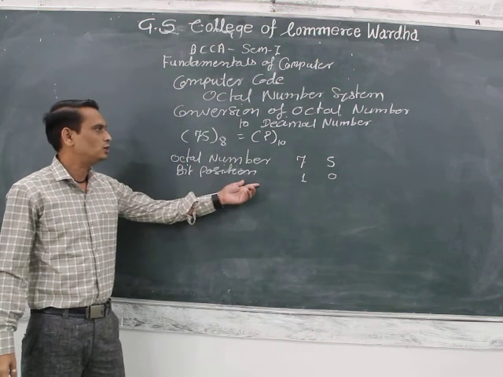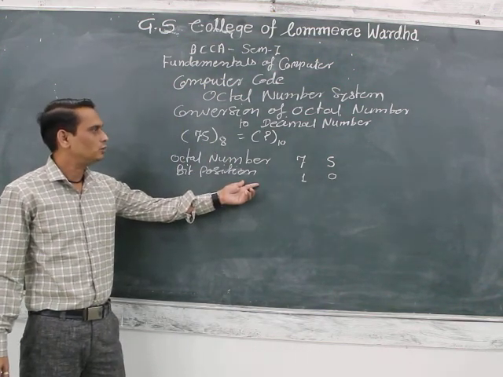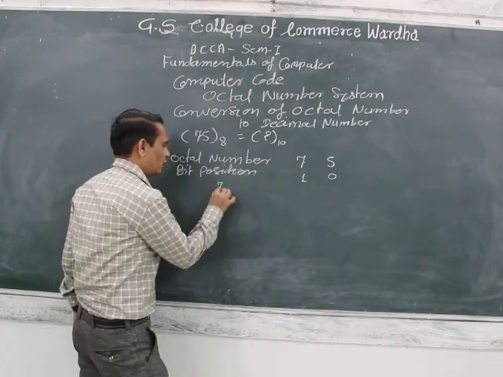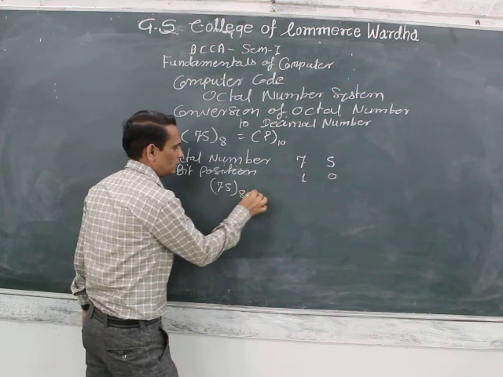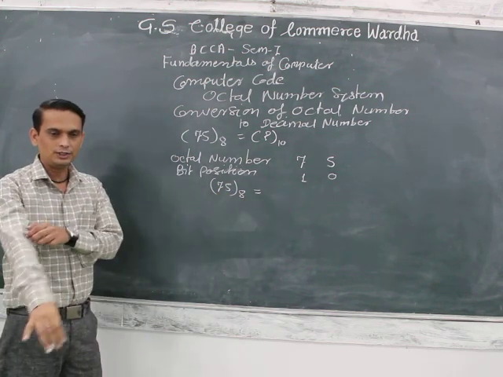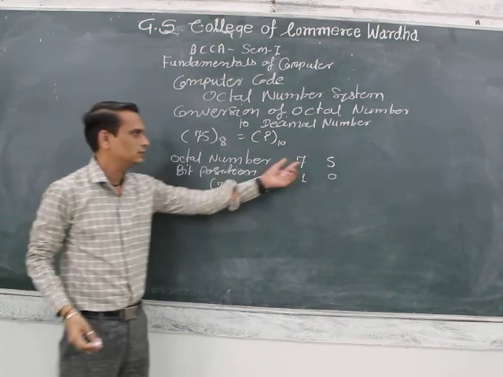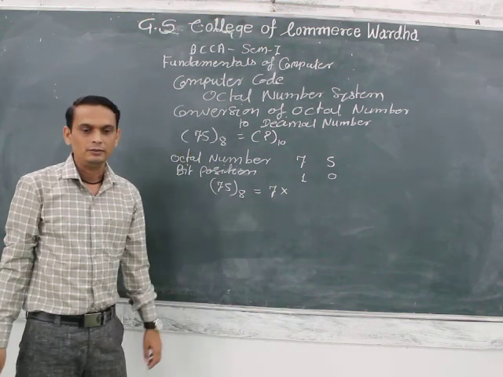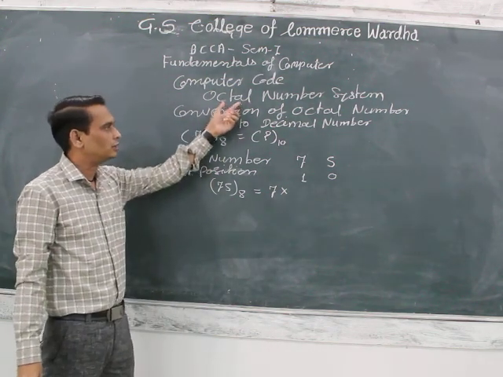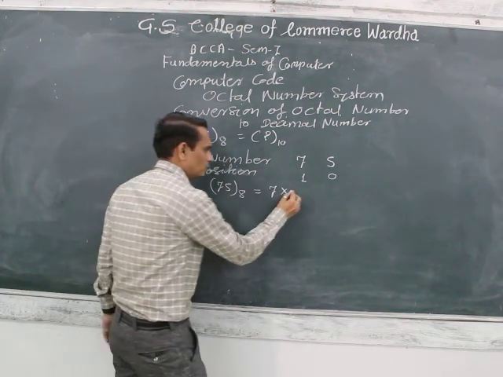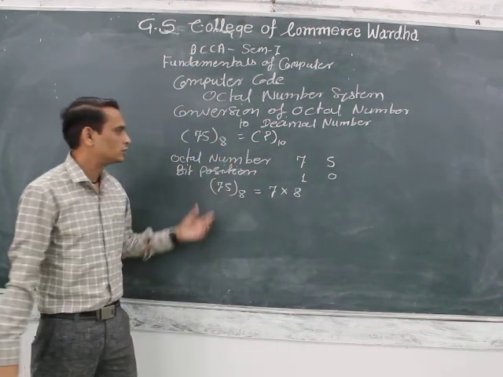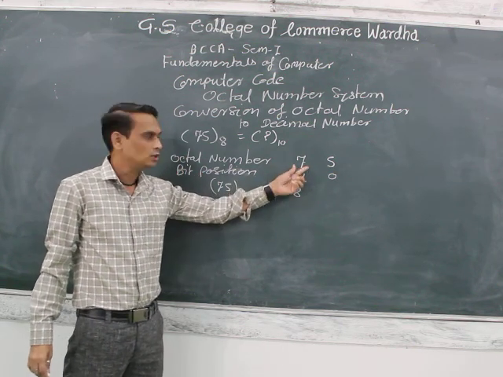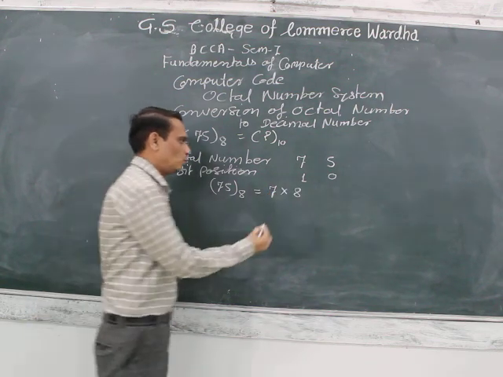Depending on the position, we have to find the decimal value. So 75 octal equals the first digit from the left, that is 7, multiplied by the base of the octal number, that is 8, raised to the power of the bit position of 7. The bit position of 7 is 1,